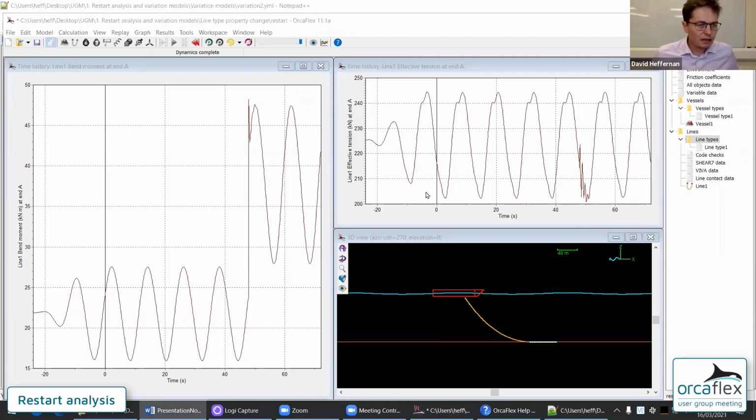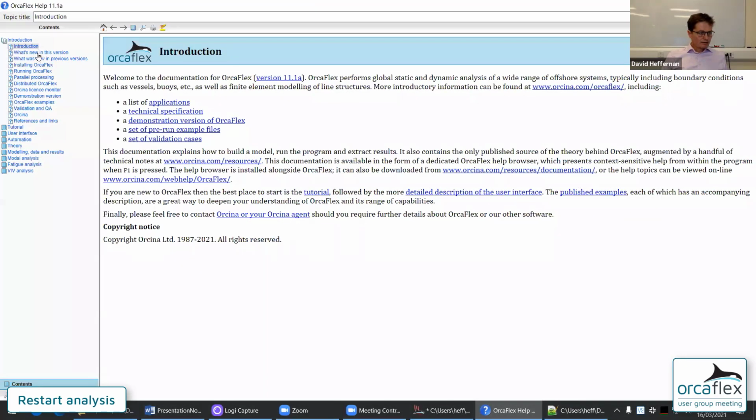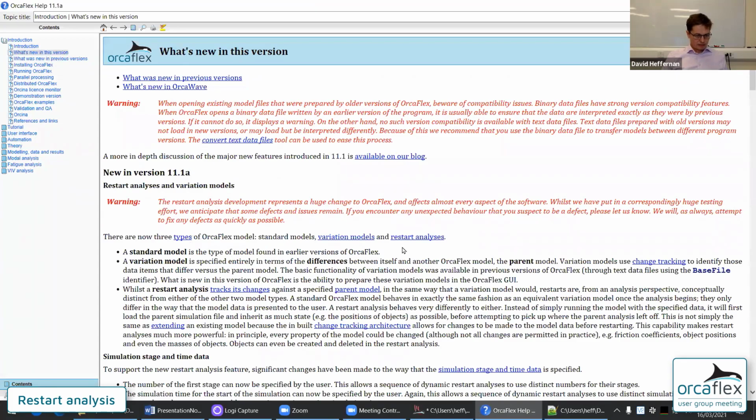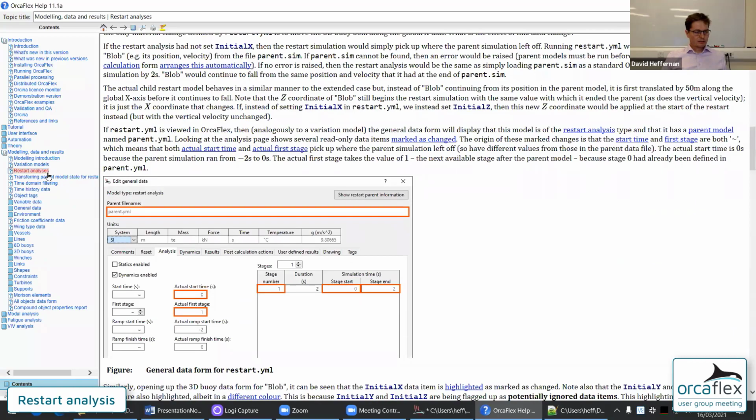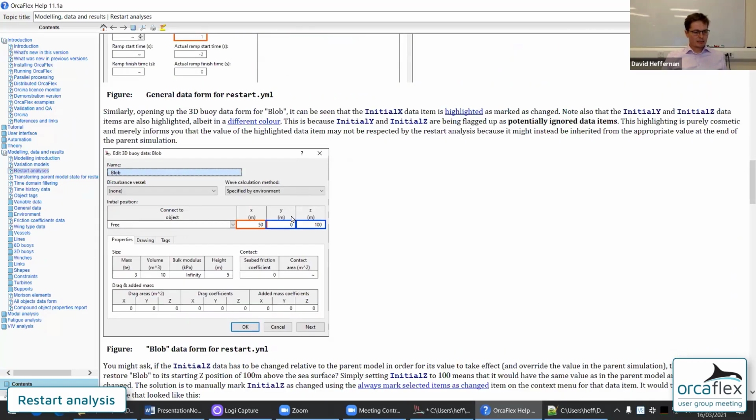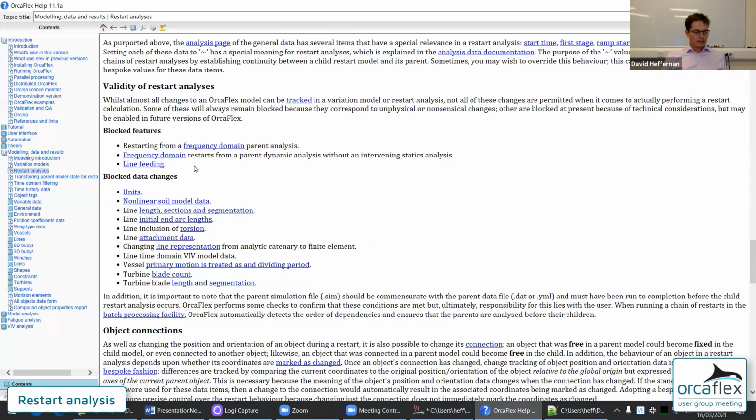Now we have tried pretty hard to be as flexible as possible in letting you change data. So if I come to the documentation, in the topic on restart analysis, there's a section listing features that are blocked.